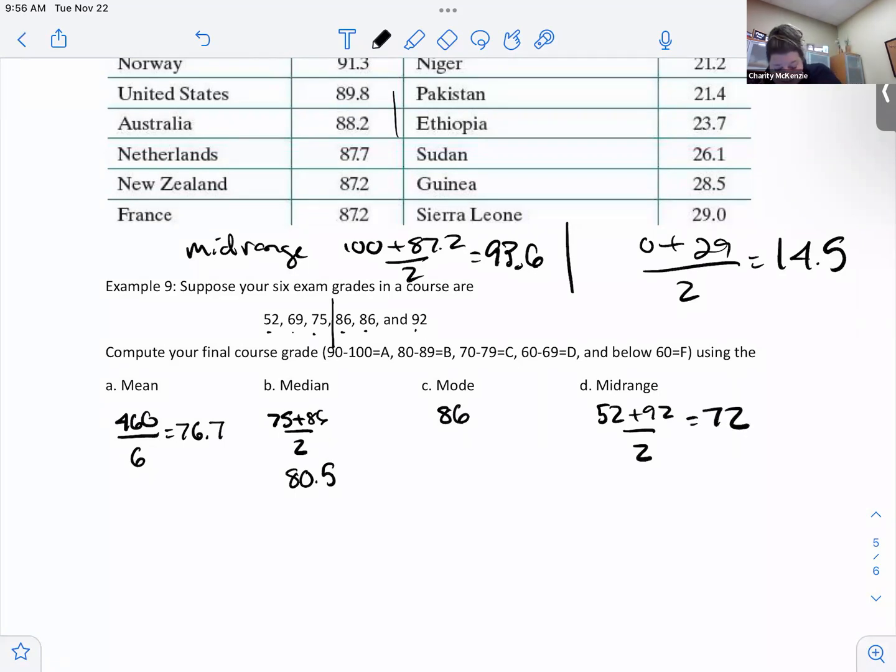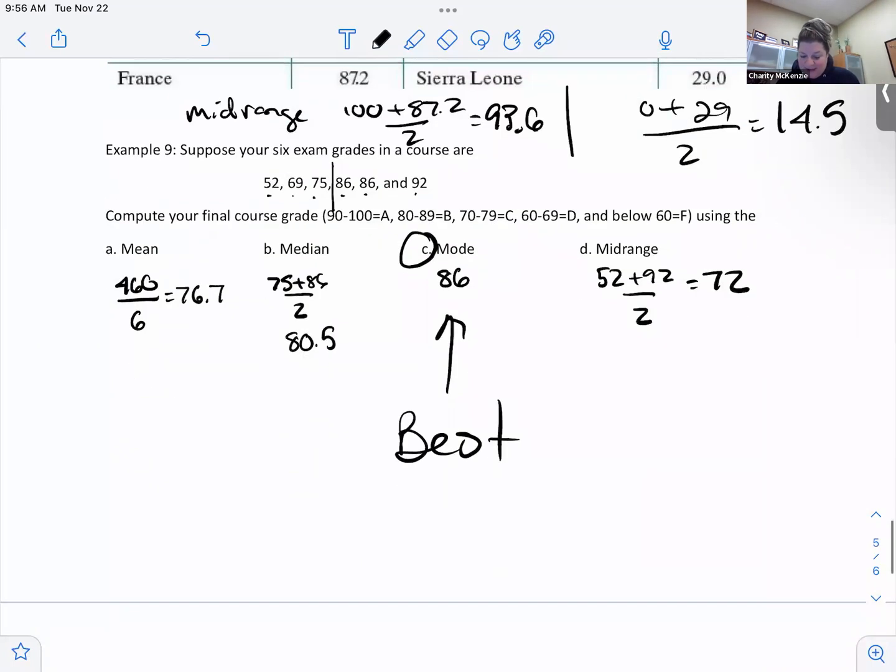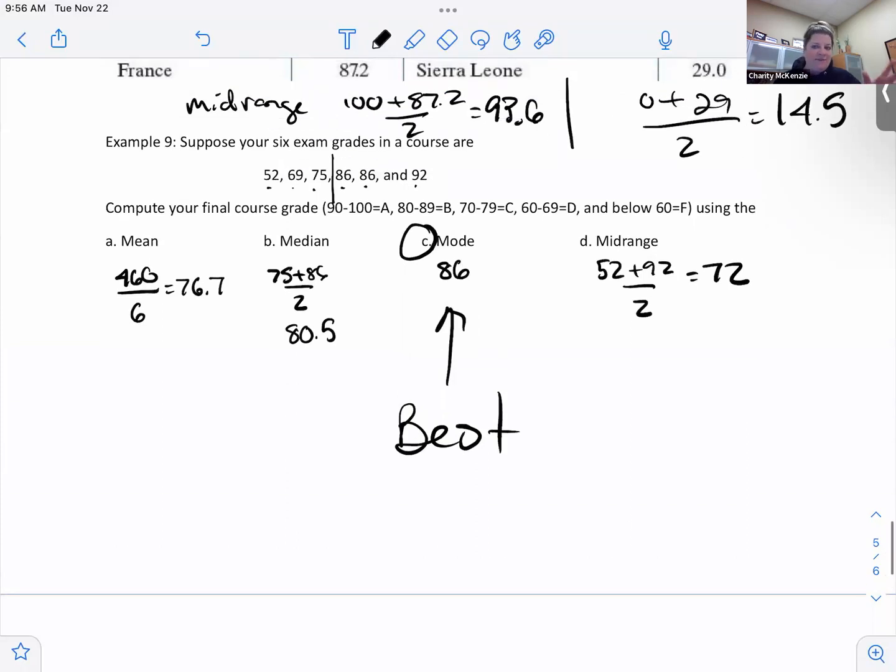Which way would you like me to calculate your grade today? Oh, for this example, let's go with the mode. Yay, best. Now, that's only because I like the highest grade, right? If I wanted the lowest grade, then I can go with the mid-range. Our data doesn't always have to be grades. It could be sugar content or, I mean, whatever you could think of. So there you go. Mean, median, mode, mid-range are the 4 ways to find the middle, and you have to do them from frequencies as well. Okay. Good luck.